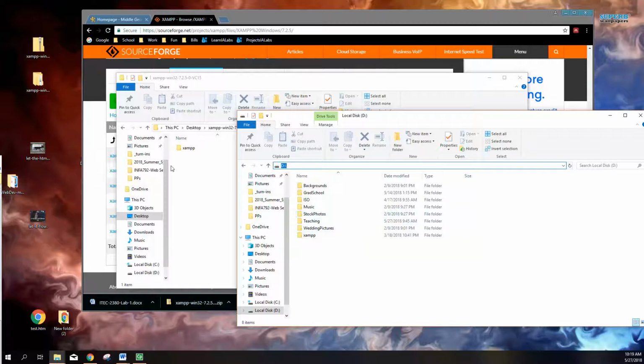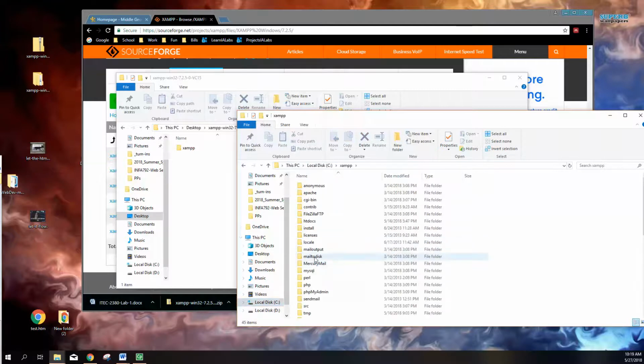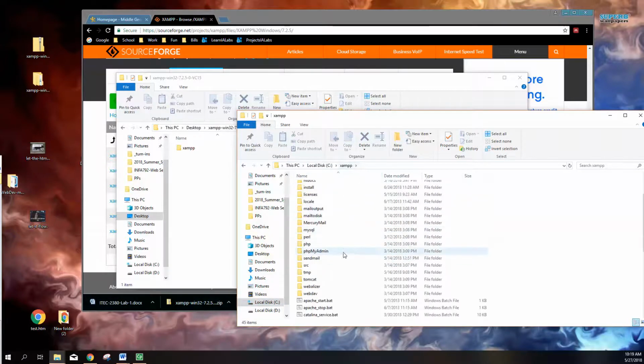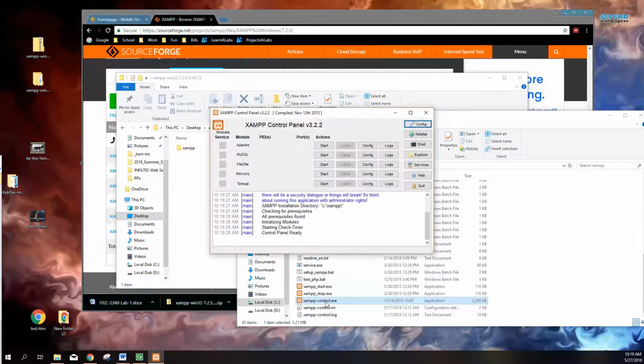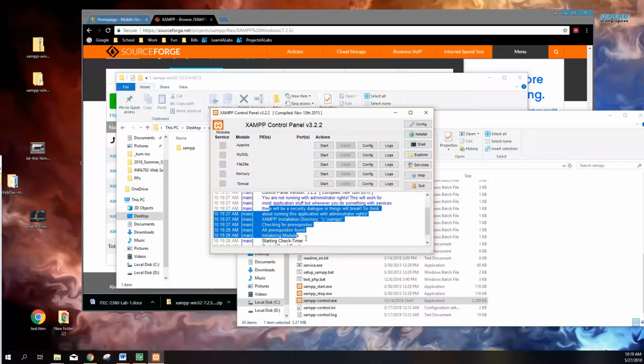So there can be some issues, and we're going to walk through that a little bit. But once you do get your XAMPP version moved over, mine was on C drive. So once it's on C, you can go into the XAMPP folder and scroll down to the XAMPP control.exe. Open this one up, and it should come up. If it comes up with red errors here,